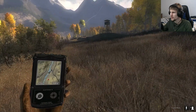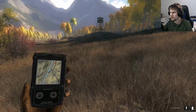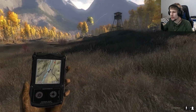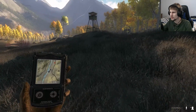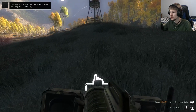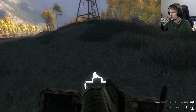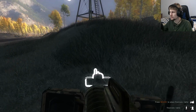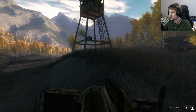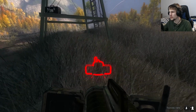So, the tower... I think I'm going to actually use the tower for the first time in the series, or at least use it a little bit more effectively. They're probably still a little ways off, so what I should be able to do is set up the e-collar, trigger it for the wolves, and that can draw them in. Then I can have a little bit of a better angle on them. No? Okay, so it looks like there's a wolf... I don't know if they'll be able to be drawn in because of the carcass there or not, but...